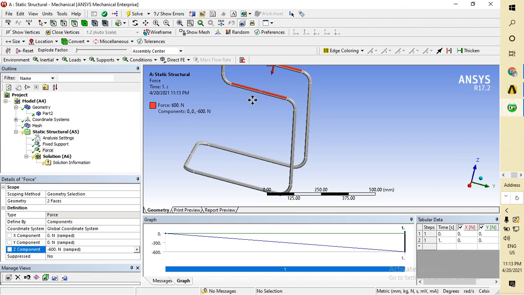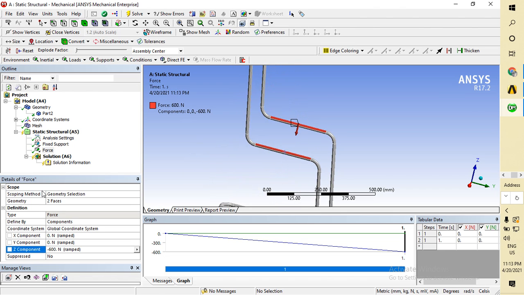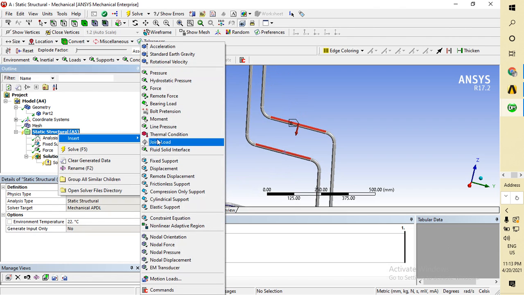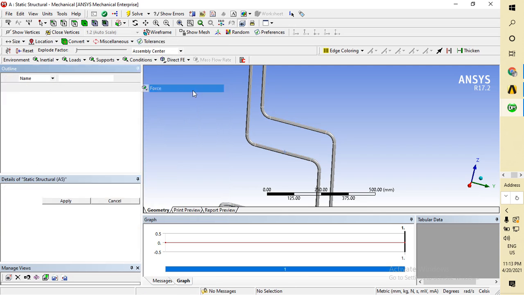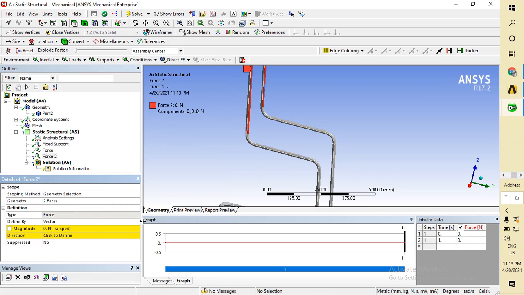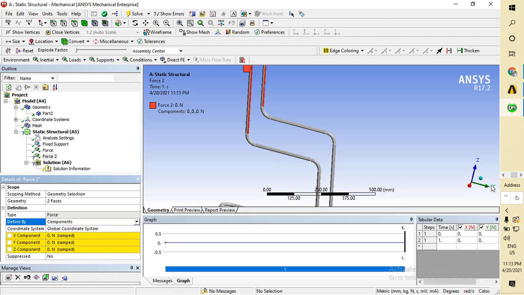Okay, and for another one, insert force on this face, apply, and in vector choose component. This is the y direction and it is acting opposite to the y direction.